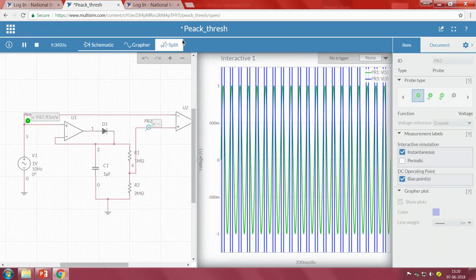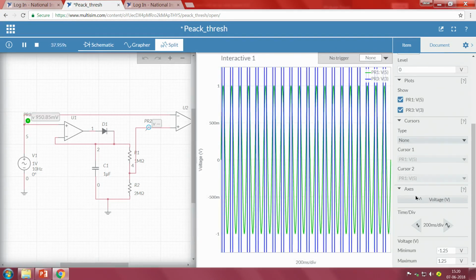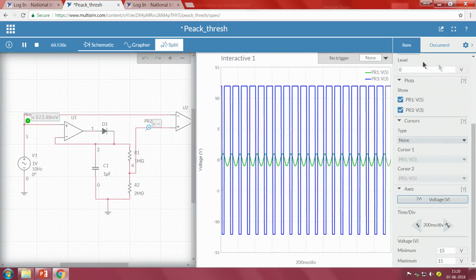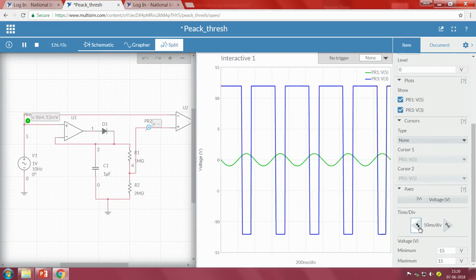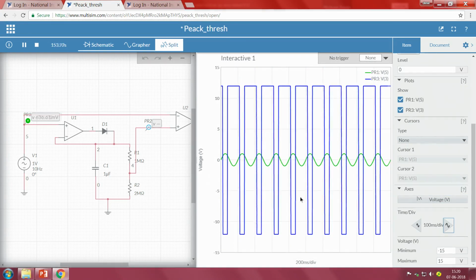Now, let me go to the split voltage, and zoom it. To understand this, what I have to do is create a cursor. The input voltage is 1 volt.